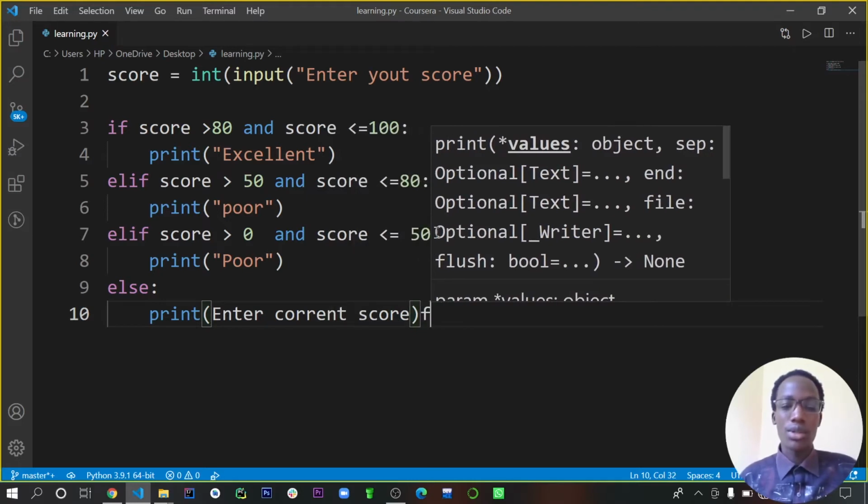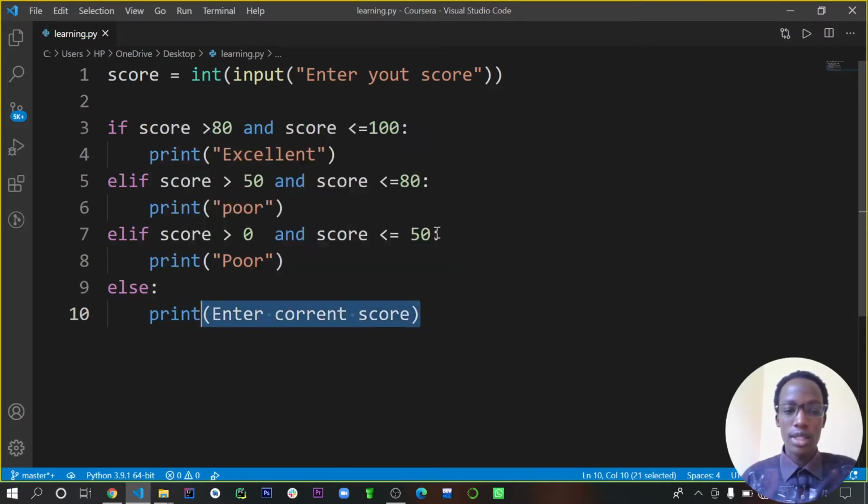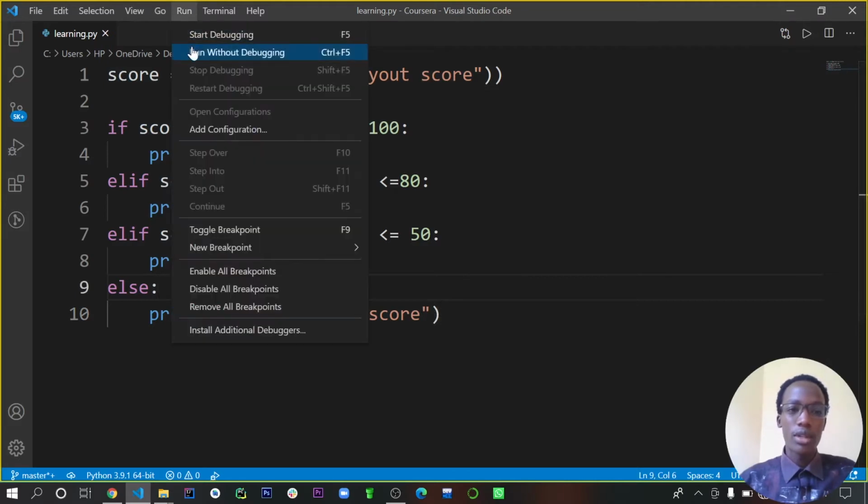Actually, the correct score, that should be a number. So I'm just going to select this and then hold my shift and comment it out. Oops, it just included this one. Well, I think that's the complete part of the project. So if I now run without debugging,